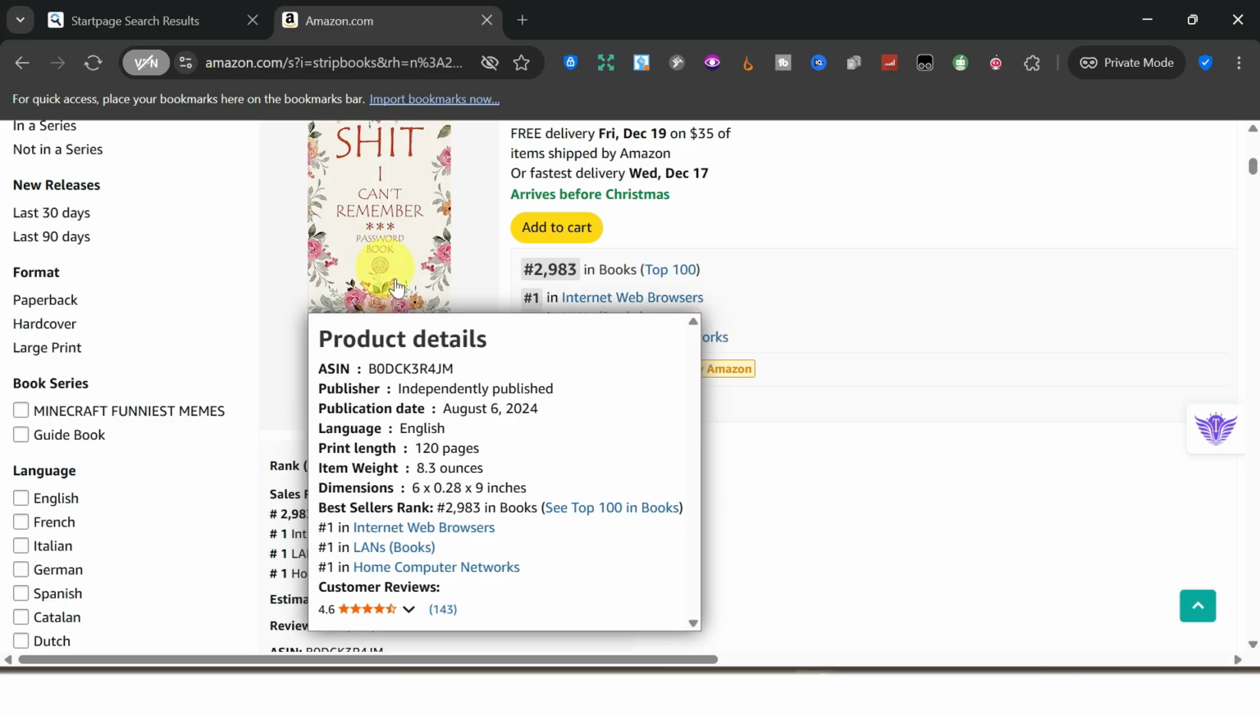So when you look at this book, you can see that it was published by an independent publisher on August 6th, 2024, which is last year. And we have, okay, it's an English book, 120 pages. This is the dimension and the item weight. Then the BSR. Now, this is where I want you to concentrate on. Now, look at the BSR of this book. The BSR is